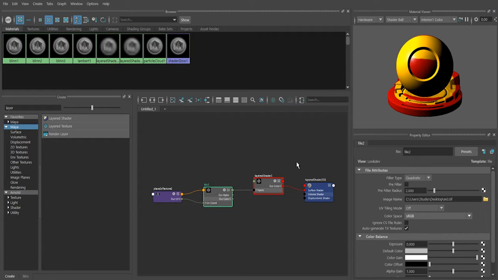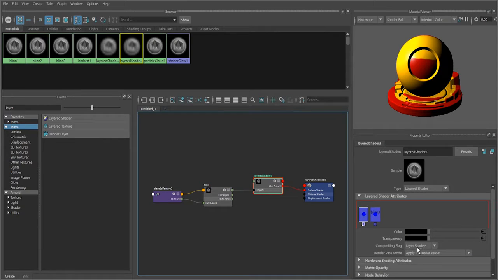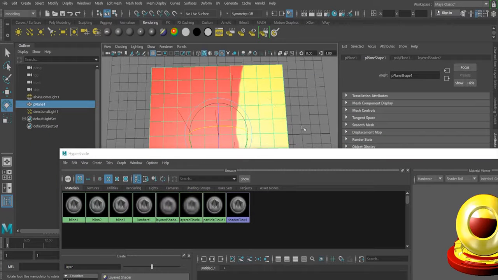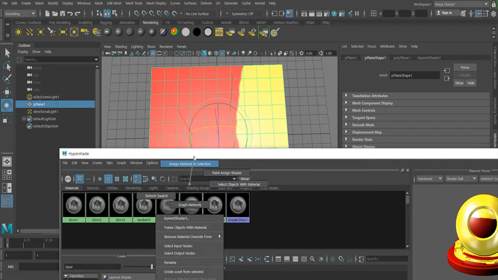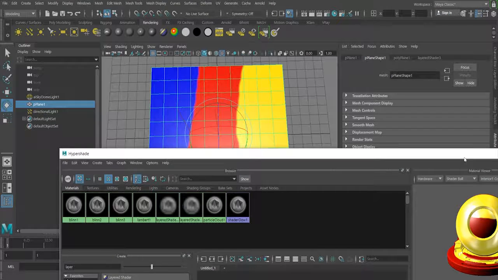You need to put it on the texture. When we have it, we can select the plane, go to layer shader 3 and assign the selection. As you can see, now I get the red, the yellow and the blue. So if I go to the render,